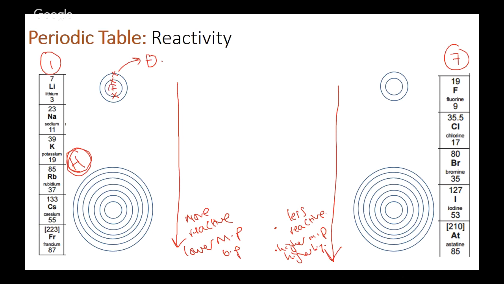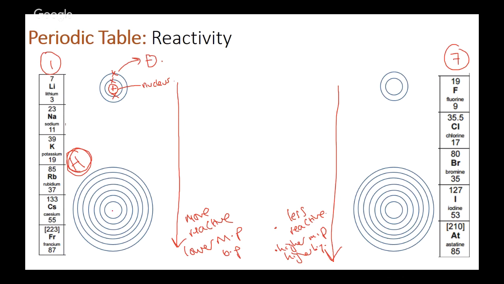So overall, the nucleus has a positive charge. So with lithium here, the electron is very close to the positive charge of the nucleus. Therefore, there is quite a strong force of attraction between the positively charged nucleus and the electron. So it quite easily holds it in place, and it's a little bit more difficult for that electron to leave,